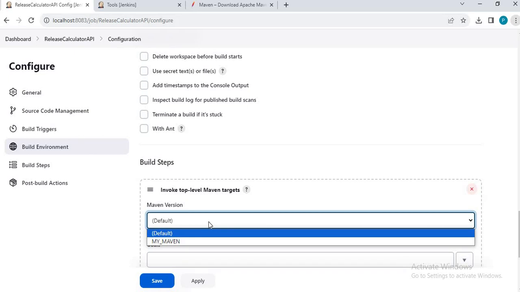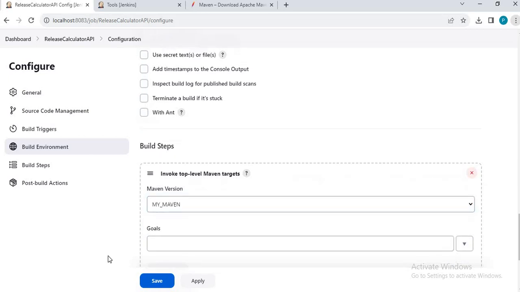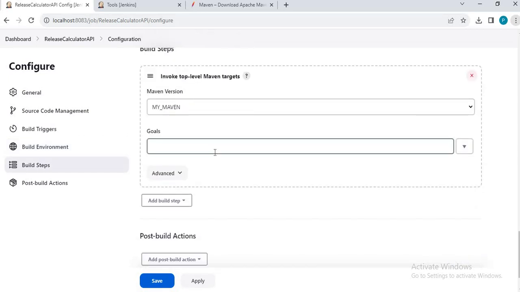If you have multiple Maven tools configured, version 3, version 2, you can configure multiple versions of Maven, and then you can select the one which you want to use. So I'll say my Maven goal, which we already are aware of.